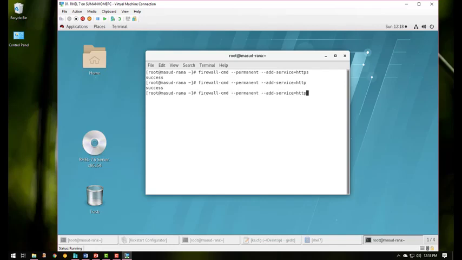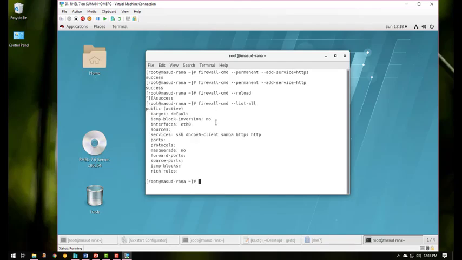Then I have to reload my firewall. Reload. Then let me check all the things by list-all. Here I can see that my https and http are included in the firewall service.